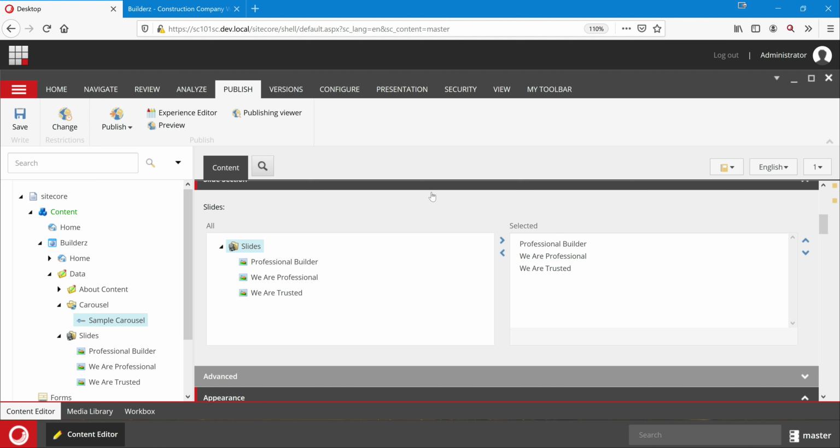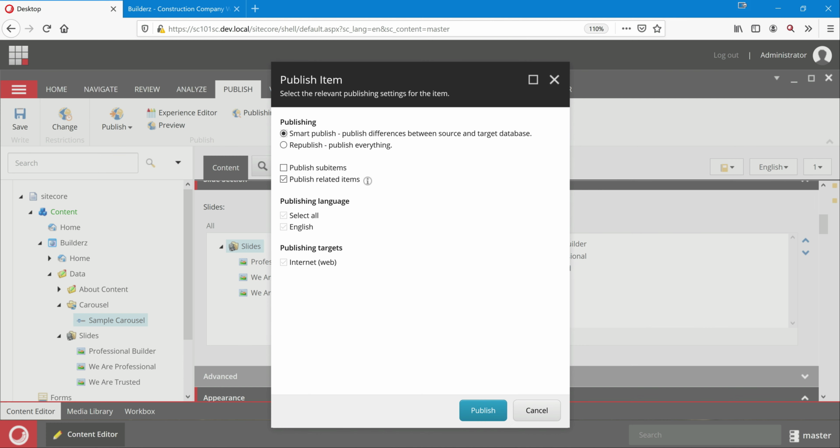And also if you are publishing a page, that can publish data source items also, but we need to keep in mind that everything needs to be in a workflow approved state already. Only that content can go. It is a little heavy operation, but otherwise related items work well. So these are the different variations you have if you publish at the item level.